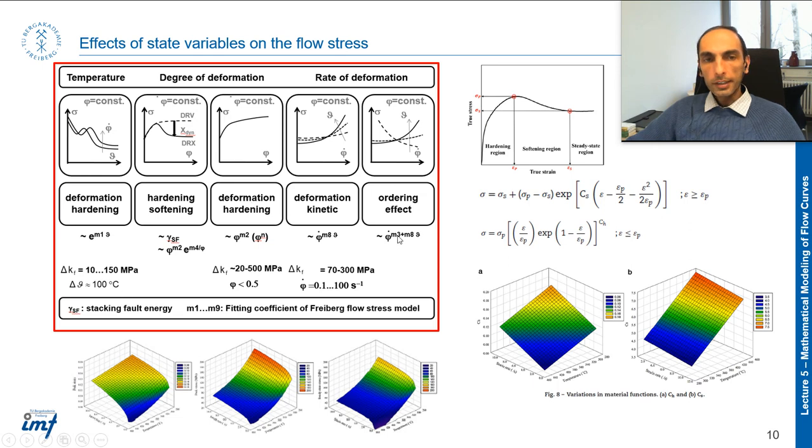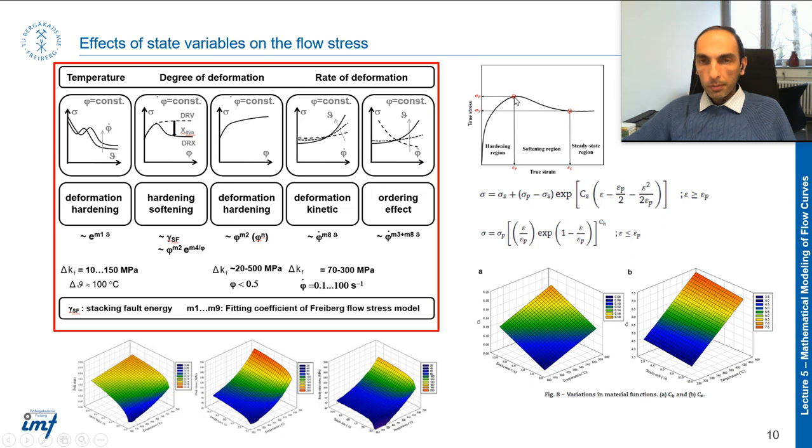Okay, later you will see that we gather all these terms and state the flow stress in a mathematical equation. This is another example. This is another mathematical model for flow stress, and this one is using some